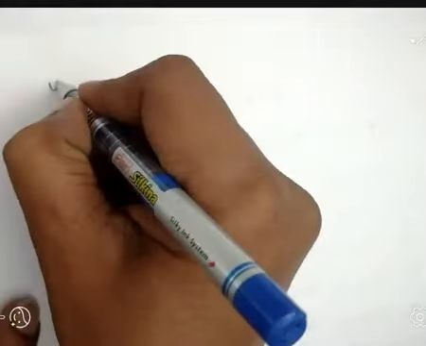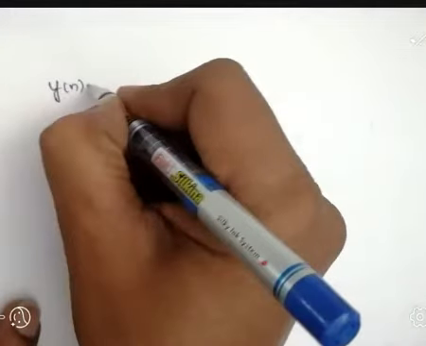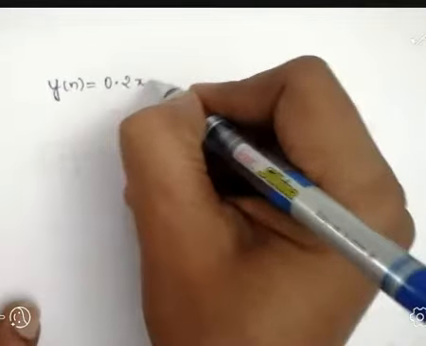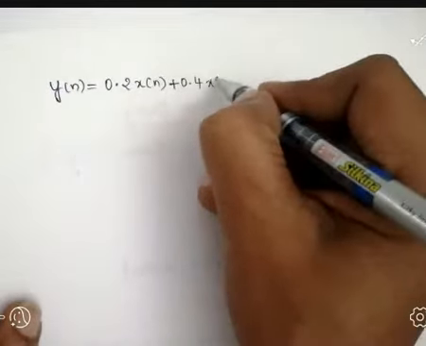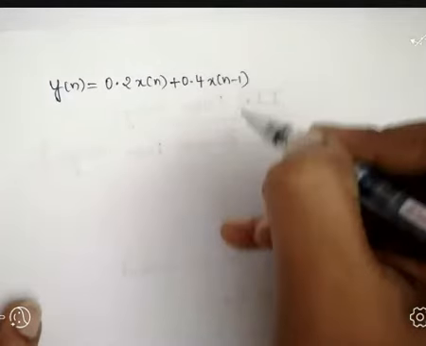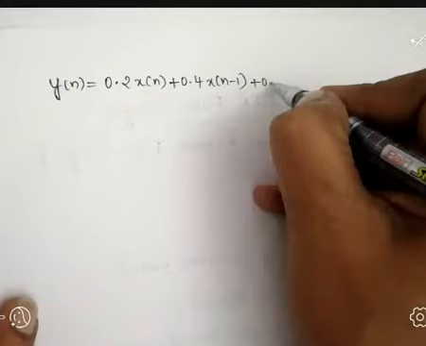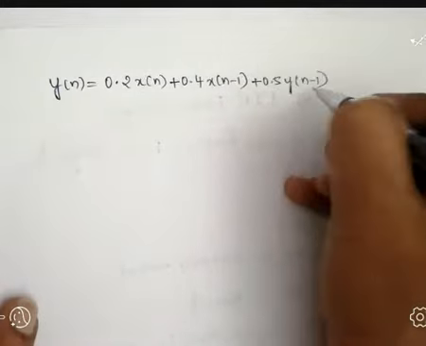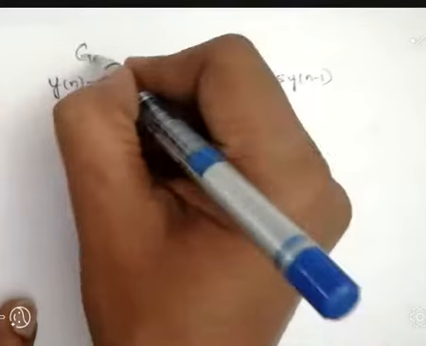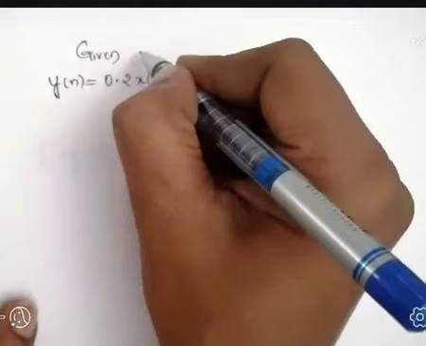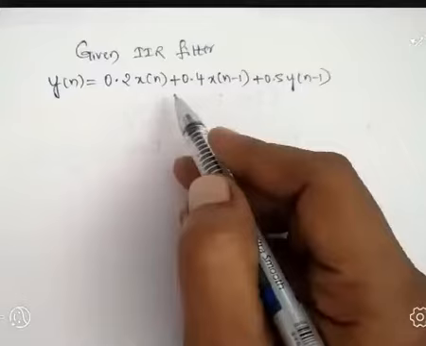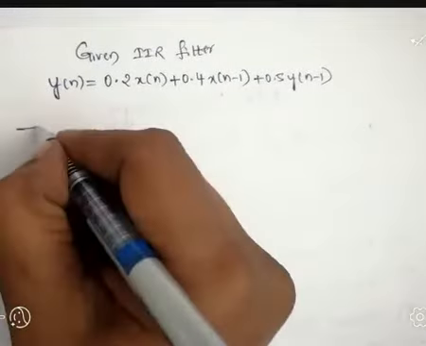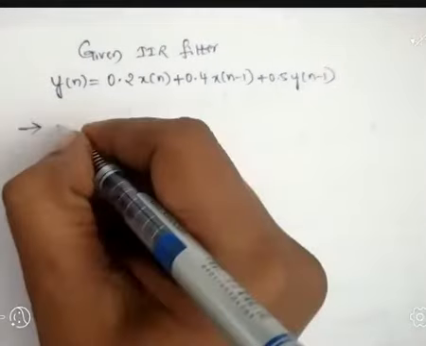y(n) is equal to 0.2 x(n) plus 0.4 x(n minus 1) plus 0.5 y(n minus 1). It is the given IIR filter. I assumed one filter in terms of a difference equation. So the difference equation is given for this IIR filter. Now, for this filter, determine